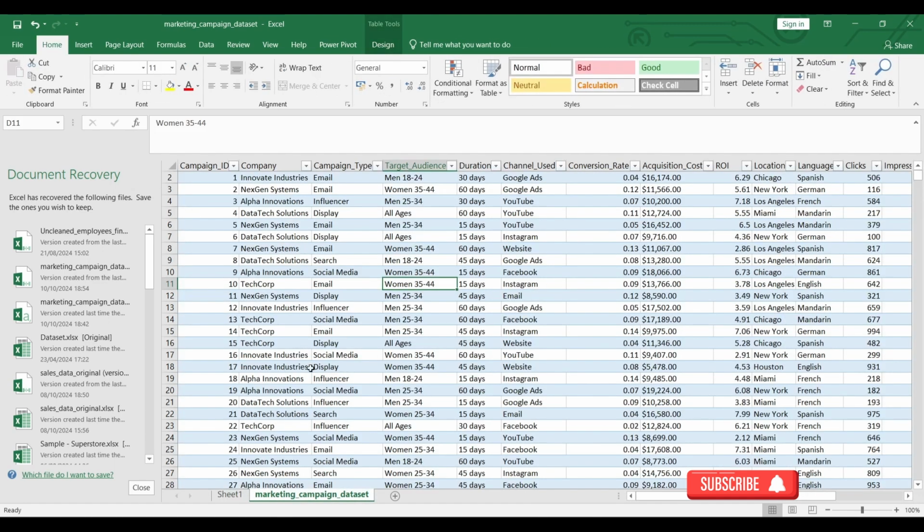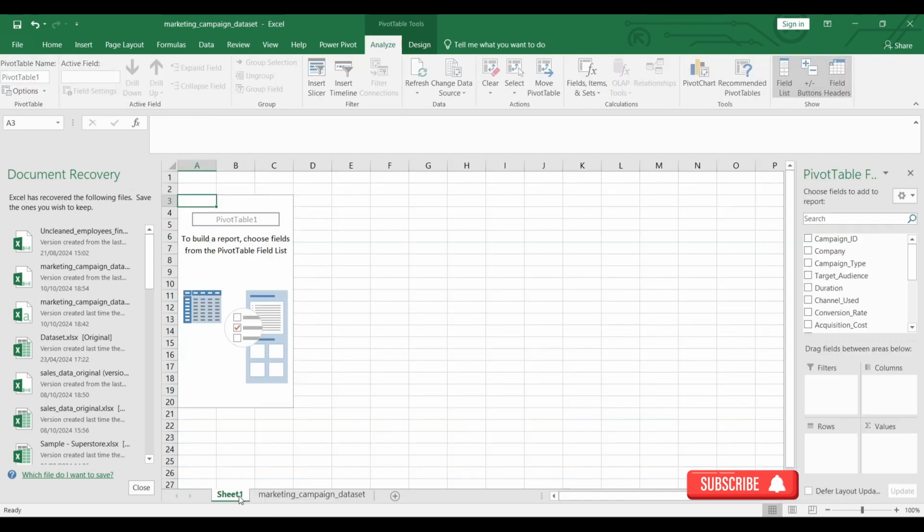You now see we have a whole new sheet, but this whole new sheet still carries all the information from our master data set, but in a summarized form. We have our campaign ID down to date. So this is our pivot table field, and from here we are going to drag to either filter, columns, rows, or values. So for this first analysis, I just want to know